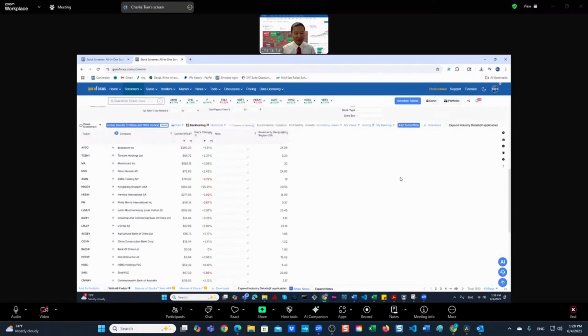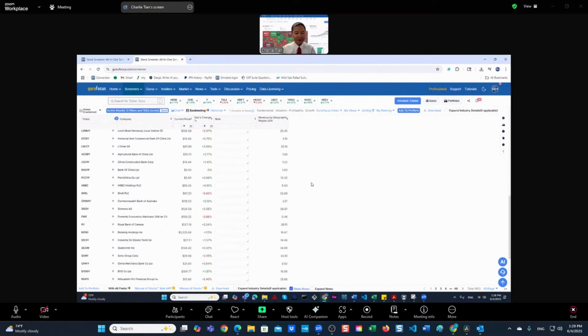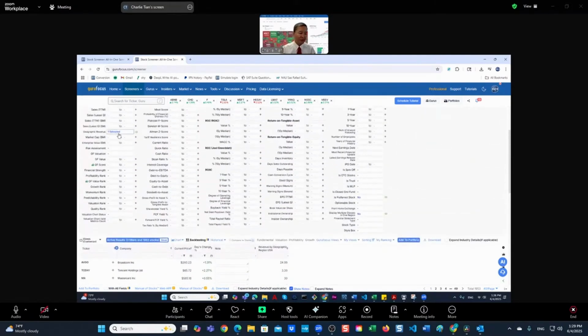Then I get a list. I can see that Broadcom is about 25% from the US, and Tencent, a Chinese company, only 3.2% from the US. And MasterCard, about 30% revenue from the US. And ASML, the UV light maker, 16% from the US. So that's a filter we added, and of course, you can filter for companies that produce mostly from